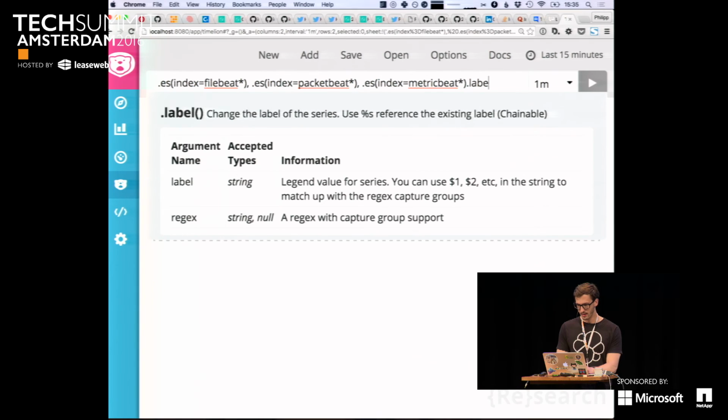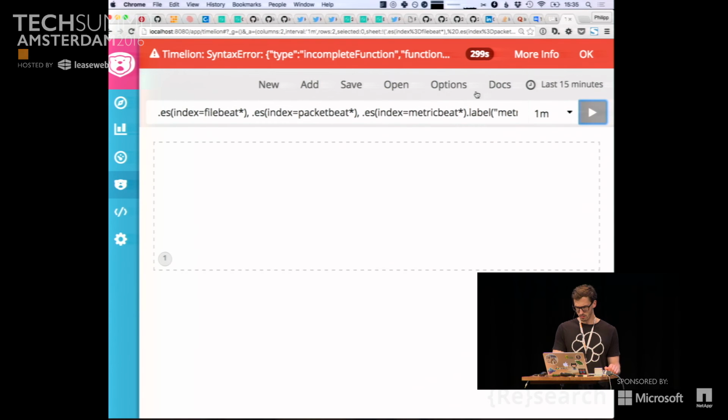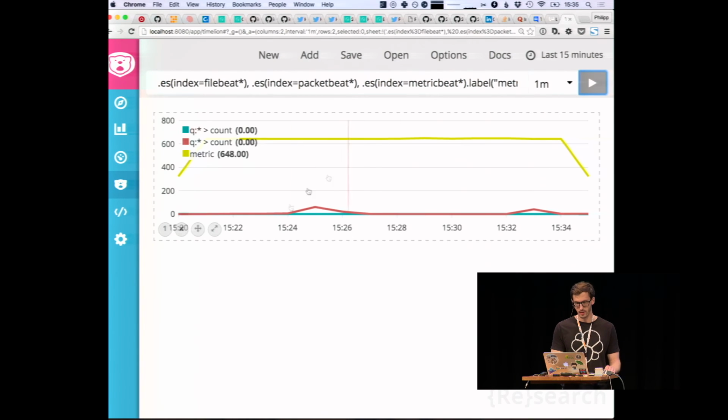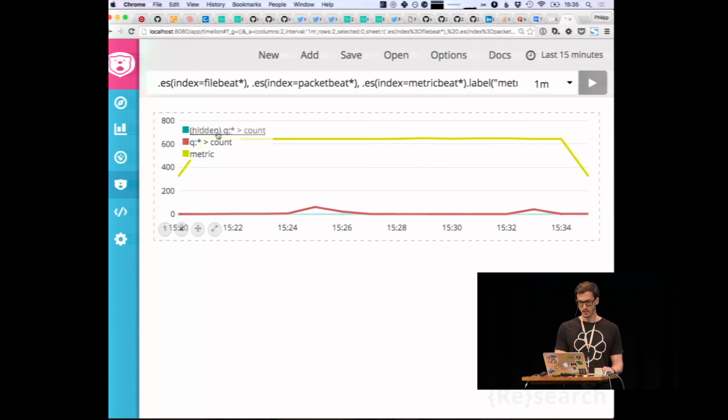So you can say label metric, and you can actually label these. If you don't screw up, you can actually see what it is. And you can see, okay, obviously, Metricbeat is producing lots of stuff, and you can hide and show specific metrics, and you can just get to work in here.